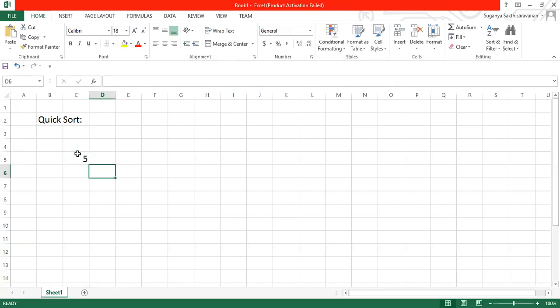Non-sorted. Okay: 22, 8, 18, 5, 17, 35, 4, 55, 85.